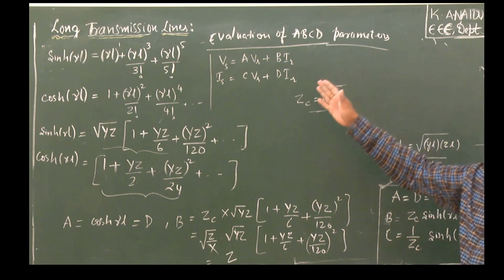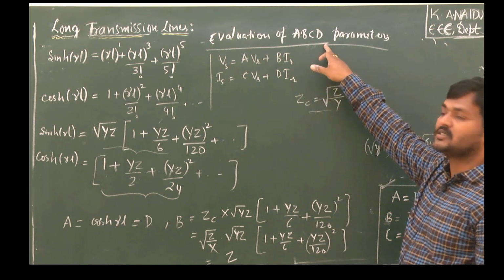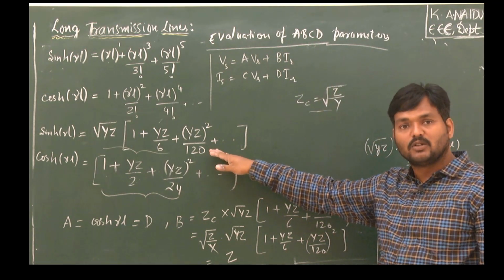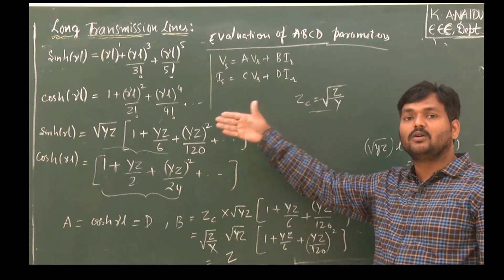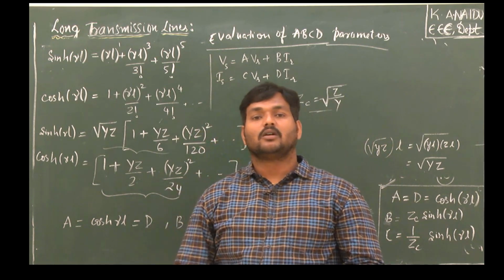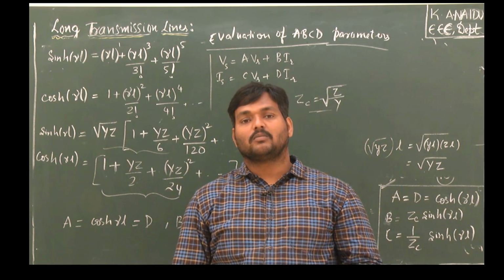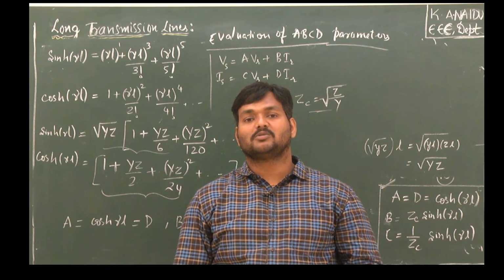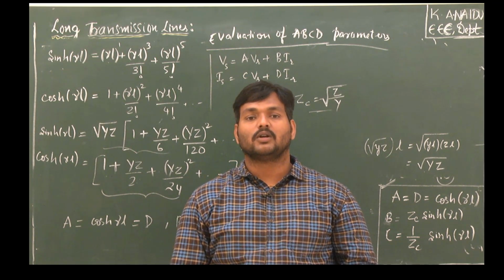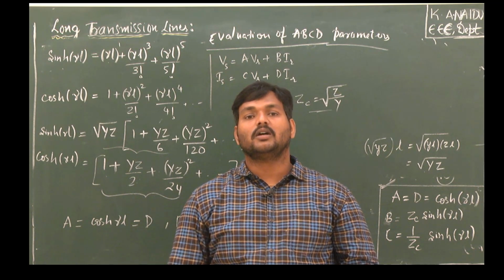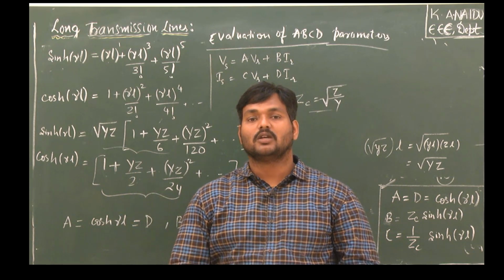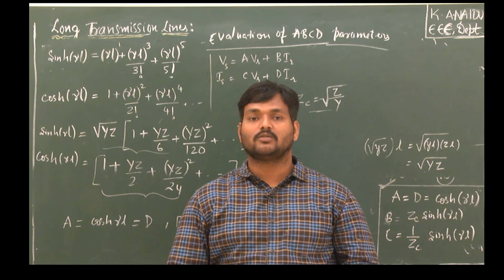So this Maclaurin series method is used to evaluate the parameters A, B, C, D, and this series will be helpful. This expansion will be helpful in solving the numericals related to long transmission line. So to summarize, today we have seen how to analyze the performance of a long transmission line using the solution methods and find out the parameters A, B, C, D using the analytical method and expansion using the Maclaurin series. In the next class, we will do numericals related to this. Thank you.